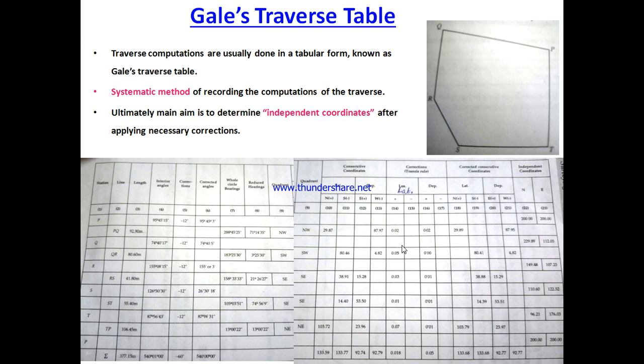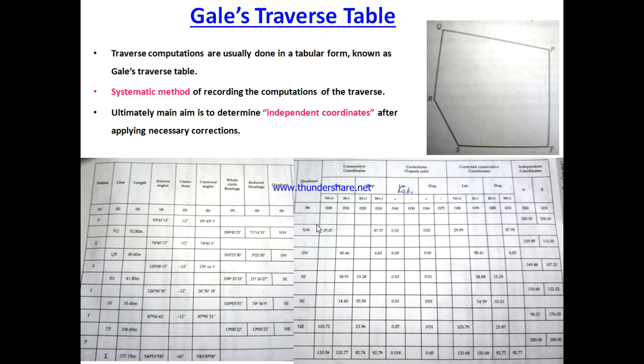In the similar manner, now the correction values are 0.05 and 0.0. So 0.05 here we are taking as positive, and now we will get it as 80.46 minus 0.05. So whatever value you have considered here, we will just deduct it in order to calculate the correction, because some errors are there, and for correcting it we do the computation by either adding or deducting.